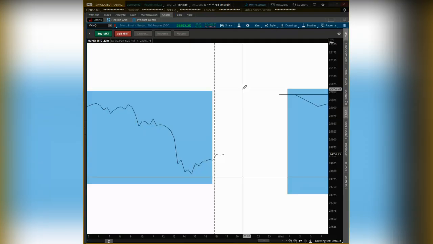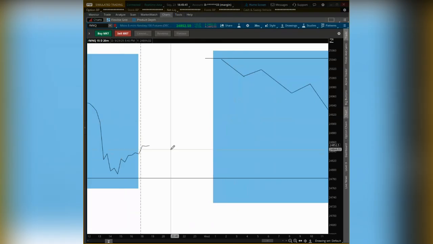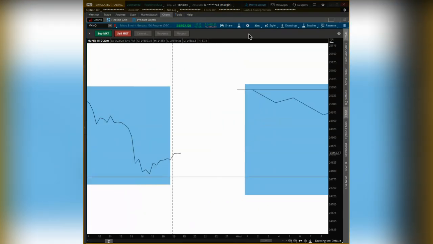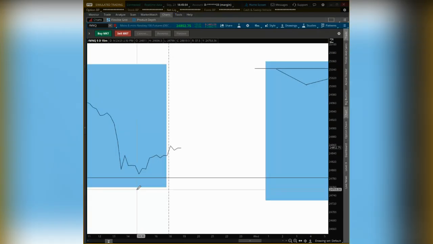Now, if we go to the 20-minute time frame, we really don't have anything there, so we skip it. Then we go down to the 50-minute time frame, and we're watching the trade here. We still have chaos there. That doesn't really help us.